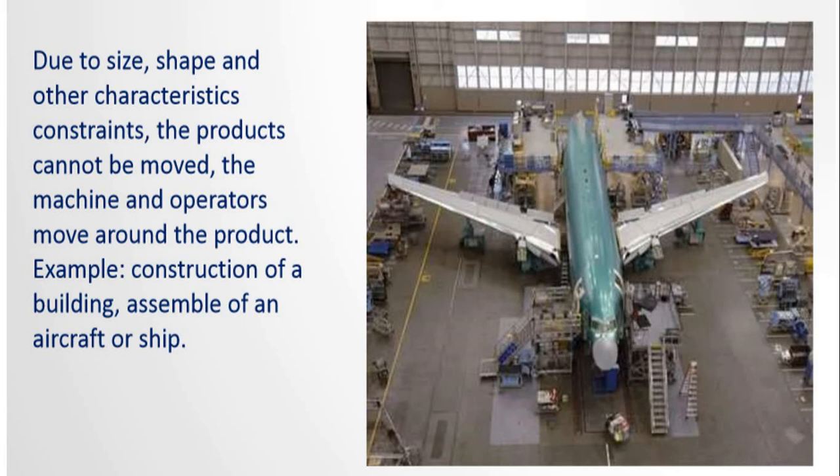That's one. So there are some advantages of this layout. It minimizes movement of machines and equipment. There is no movement of machines and equipment. Everything will be brought there only. Then continuity in production allows several activities to take place simultaneously, right? The manpower can do it. The particular manpower will come and check those particular things. Then simultaneously bring the raw material. Other parts of the work can be done simultaneously.